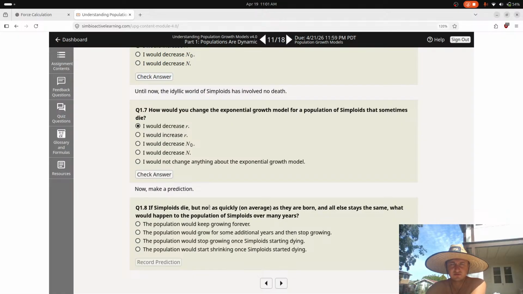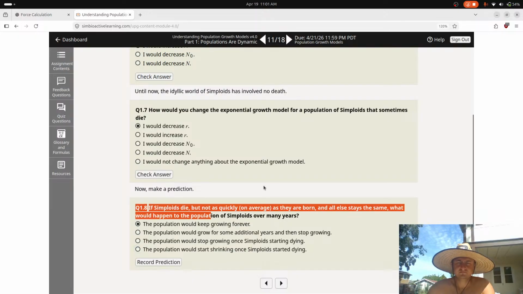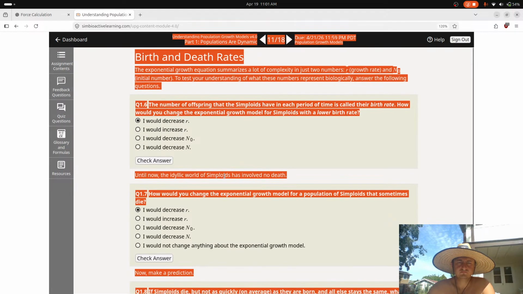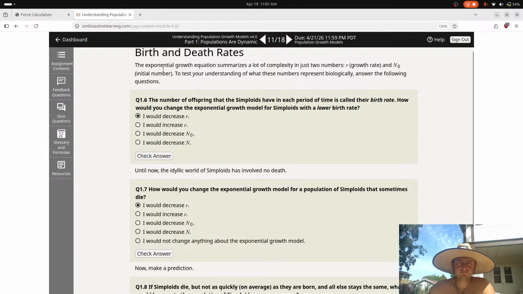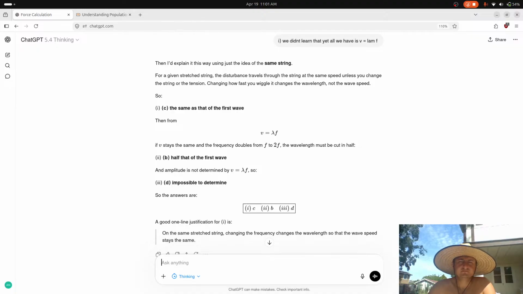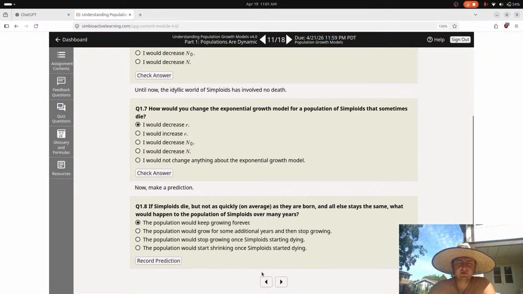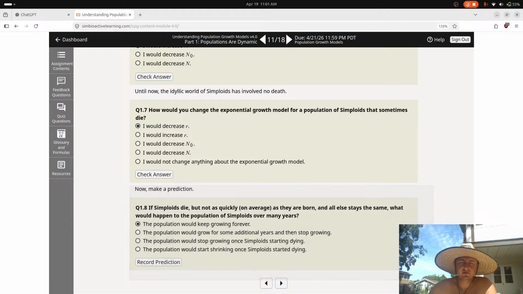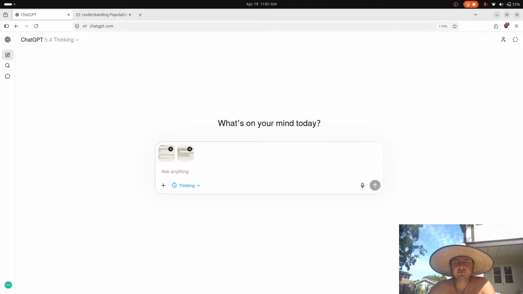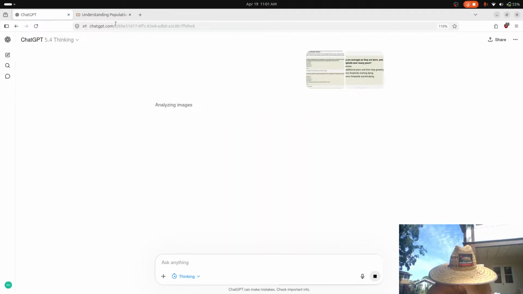If simploids die but not as quickly as they are born, and all. I gotta do this. I always check now in case I'm missing something. Because the thing is, on these, if it was Pearson, I wouldn't do it. But for this, you kind of have to because you can't go back, and it's graded, but